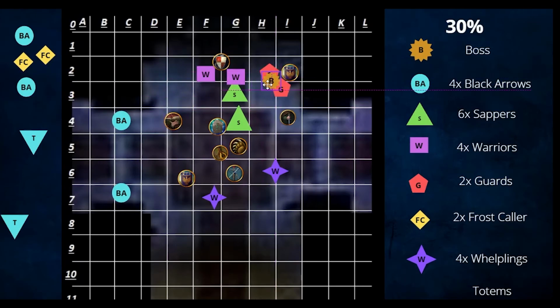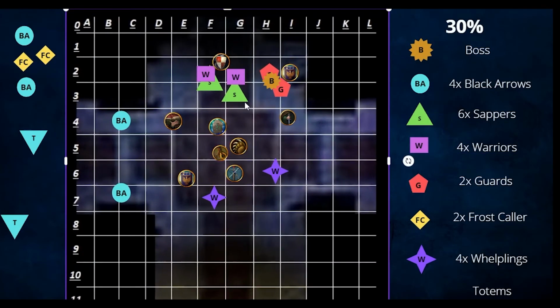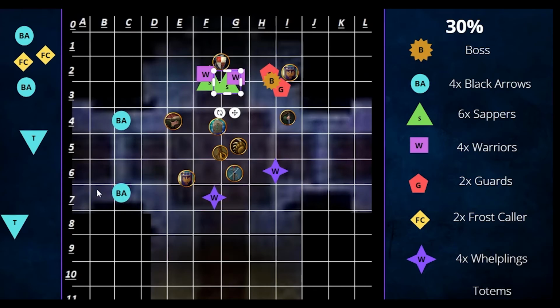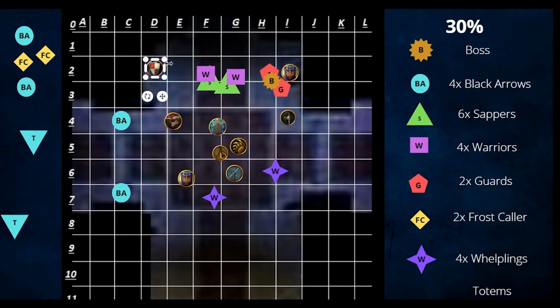Keep in mind that the boss must be switched. I'm going to repeat this many, many times. You must keep tank swapping the boss. The guardian tank can have the sappers in the other corner, or he can be kiting them around the room if he needs to. Once the frost collars are dead and the totems are no longer worried about, he has